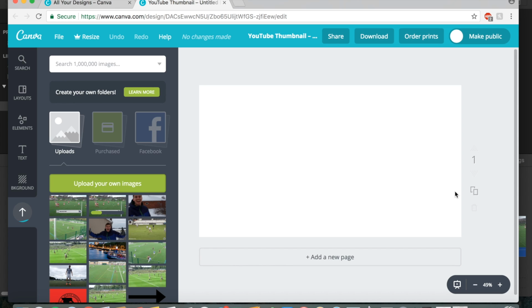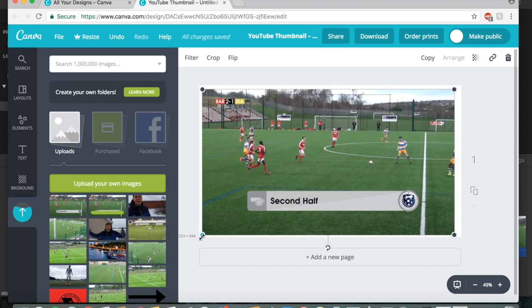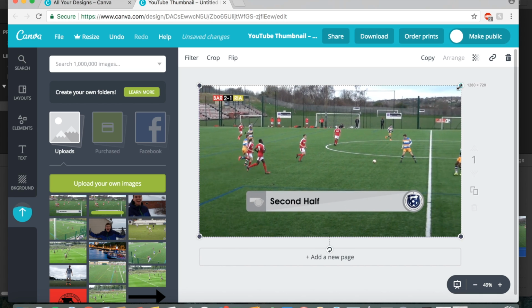So now your image is getting downloaded to the Canva website, and you'll just click on that and it'll pop up on this white space on the right, and you'll drag your image so that it fits into that space. And you just need to be very careful and make sure that you don't leave any white spaces around the edges of your image, or else those are going to show up when you transfer that image